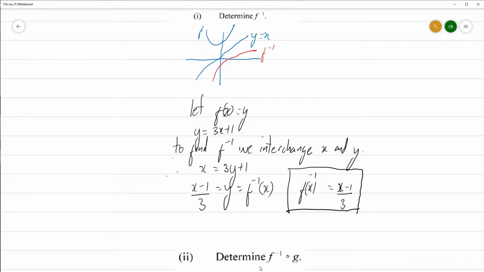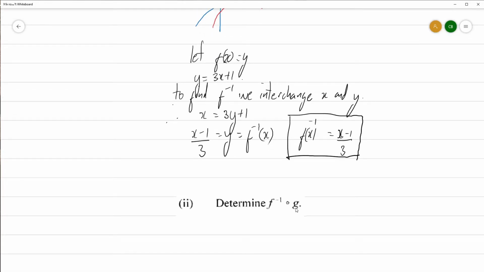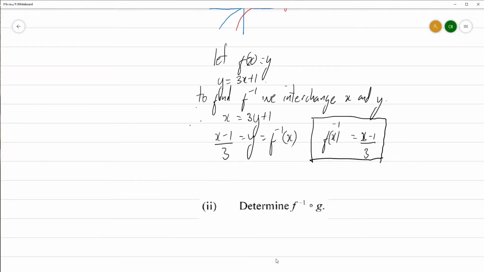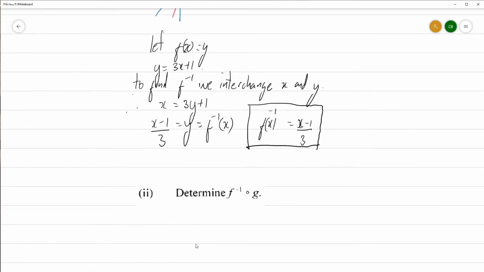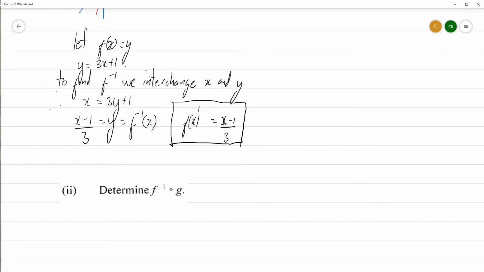So now we are asked to find f inverse composed with g. It's a composition of two functions, f inverse with an operator on, or composition function on g. So this could be written as f inverse composition of a function g is simply f inverse with g of x as its argument,